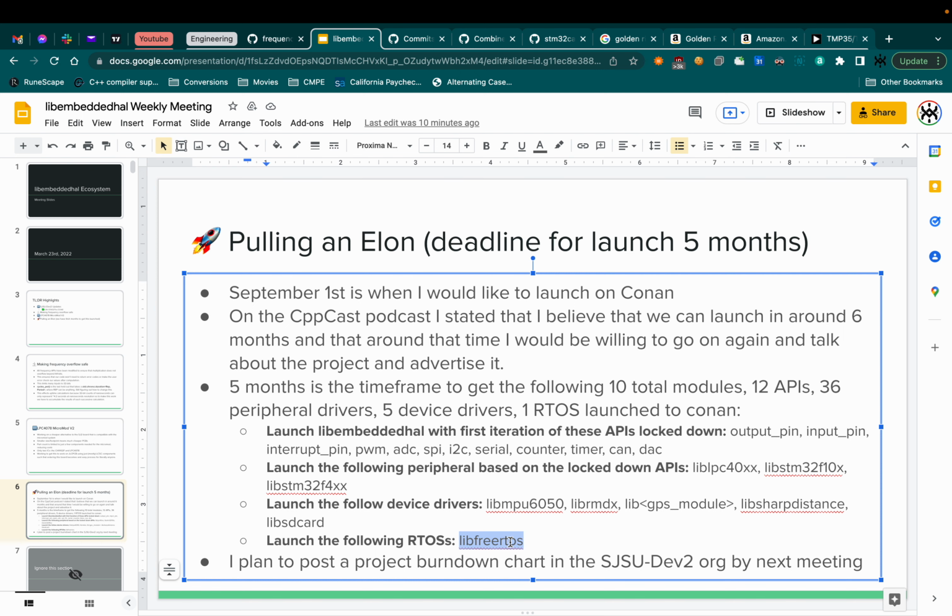Oh, I did forget one. I knew I forgot something. It's gonna change everything. libARM Cortex. But that one isn't actually doing all the APIs above. It just does all the ones that it can support. So that one doesn't really need to be there per se, but I'm just adding it to this little section here. But yeah, no, there's a lot to be done.